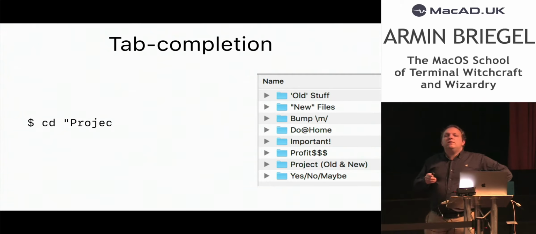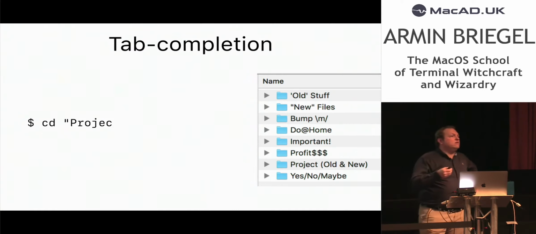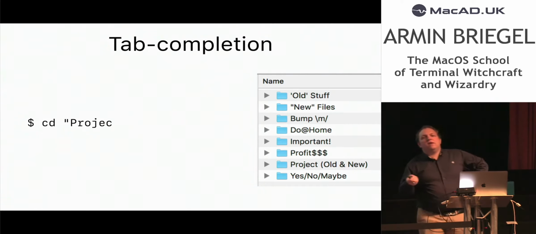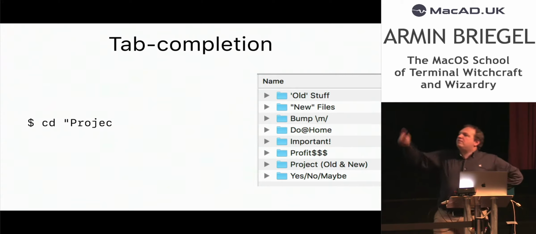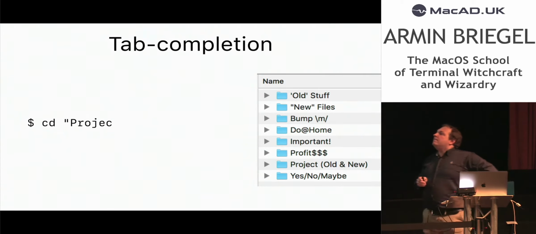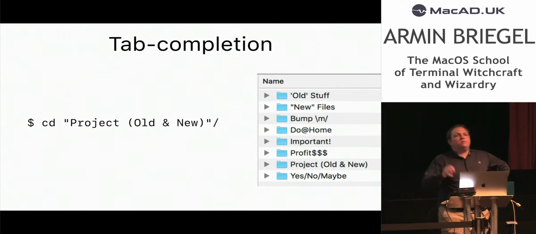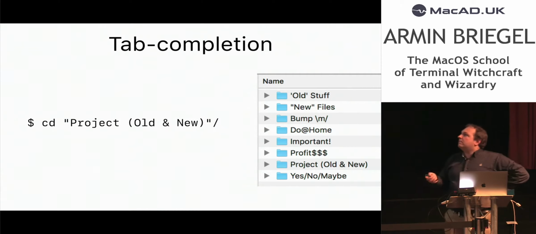One thing that's really cool, there are many ways of escaping strange characters in the shell. You can use backslash escaping, double quote escaping, single quote escaping. And if I start with double quote escaping, the shell will realize that and say, oh yeah, I can do that too. I can finish this with double quote escaping. You want double quote escaping? You get double quote escaping.